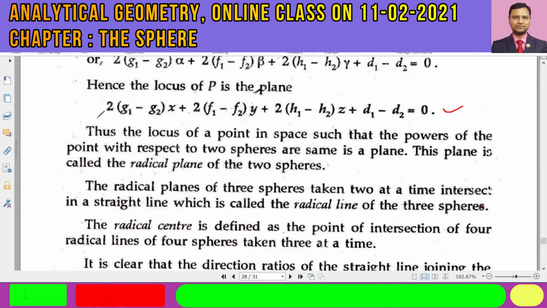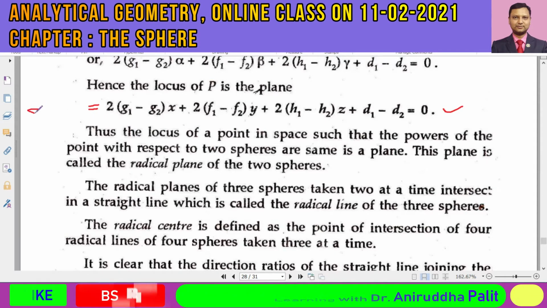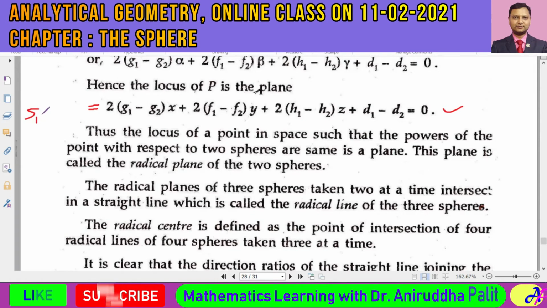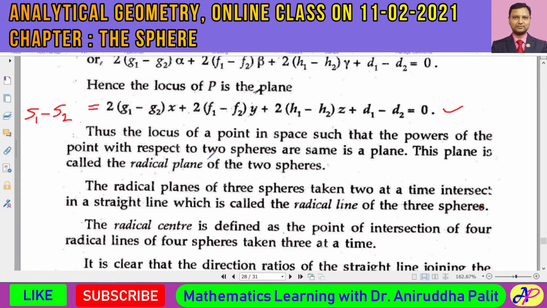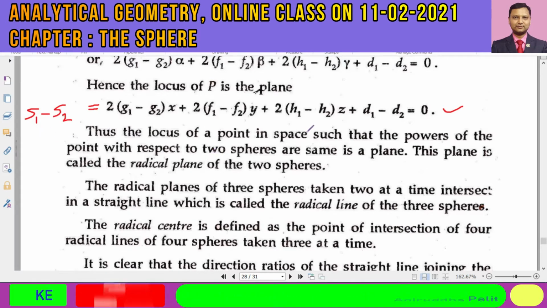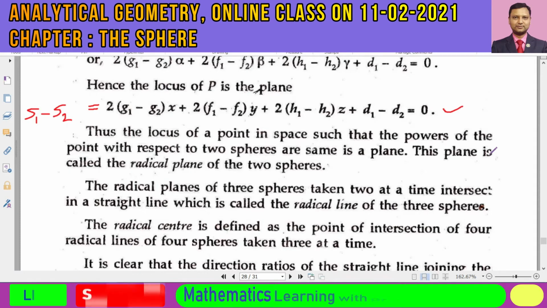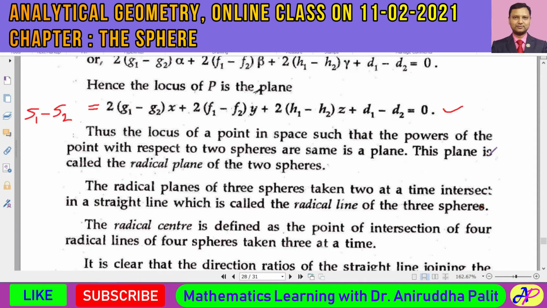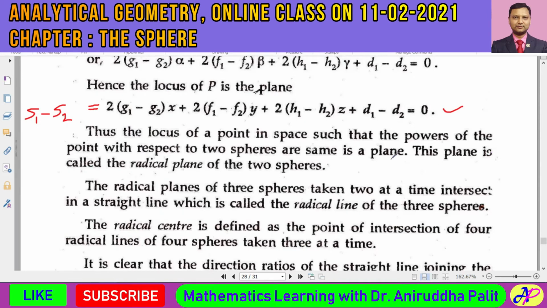S1 is equal to 0 and S2 is equal to 0. And if we observe this a bit carefully, we can see that this left hand side is nothing but the difference of these expressions S1 and S2. So S1 minus S2 equal to 0 gives us the equation of the radical plane over here. Now, suppose in place of two spheres,